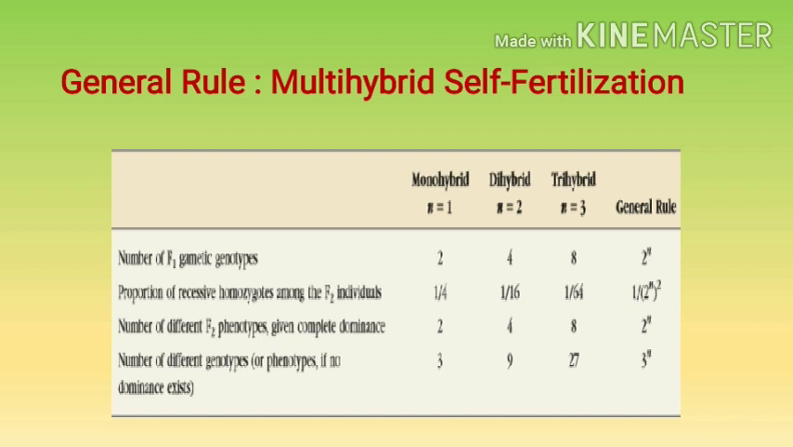Next is the number of different F2 phenotypes given complete dominance. Now there is a phrase written, given complete dominance,